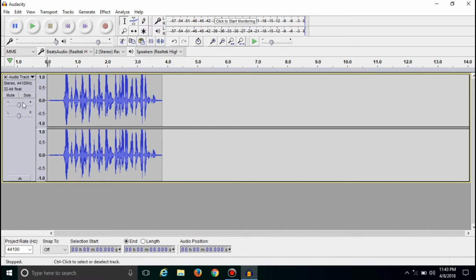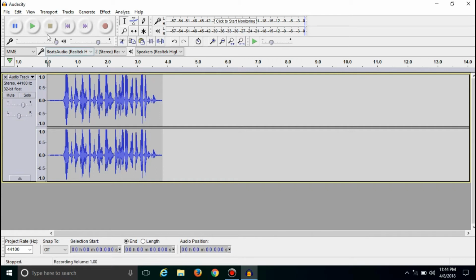So now here you will get an option plus minus. This is the first option, and by this option you can increase or decrease the volume of an audio clip. So now if you want to increase the volume of this whole audio clip, then take this pointer to the plus, and then the volume of this whole audio clip will be increased. You can see the wave of this audio clip isn't changed, but the volume of this audio clip is increased. So let me take it to the plus more, and now the volume of this audio clip is increased.